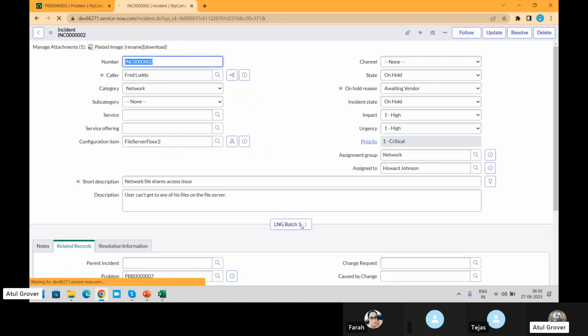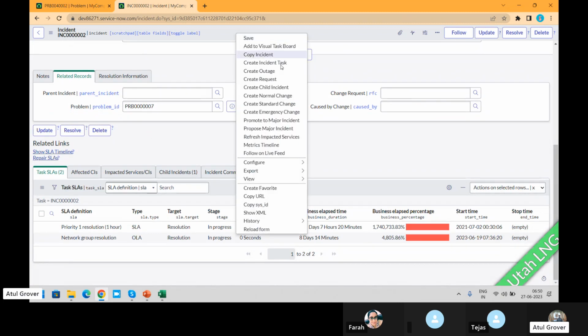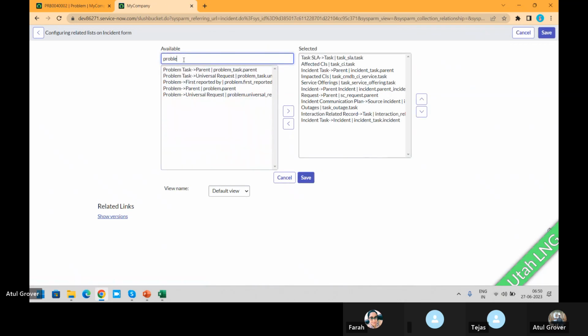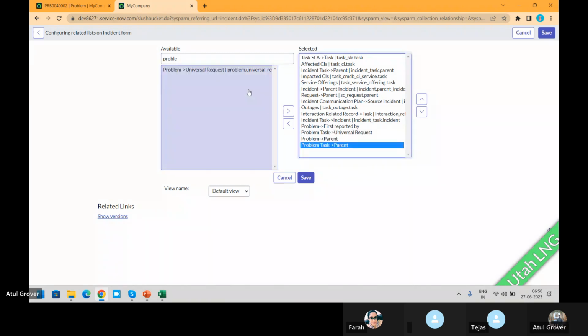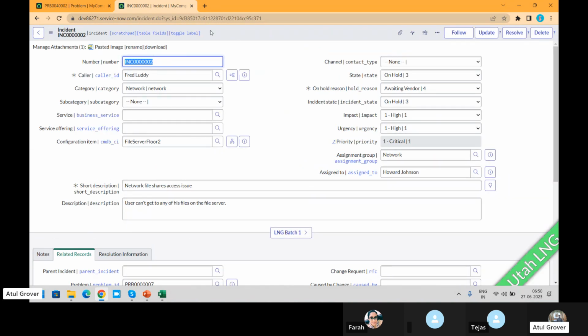Oh, we did not move it. Yeah, come on. Wait. Interesting. This is an interesting point. Now let's see where the problem has gone. The problem number is 4002.